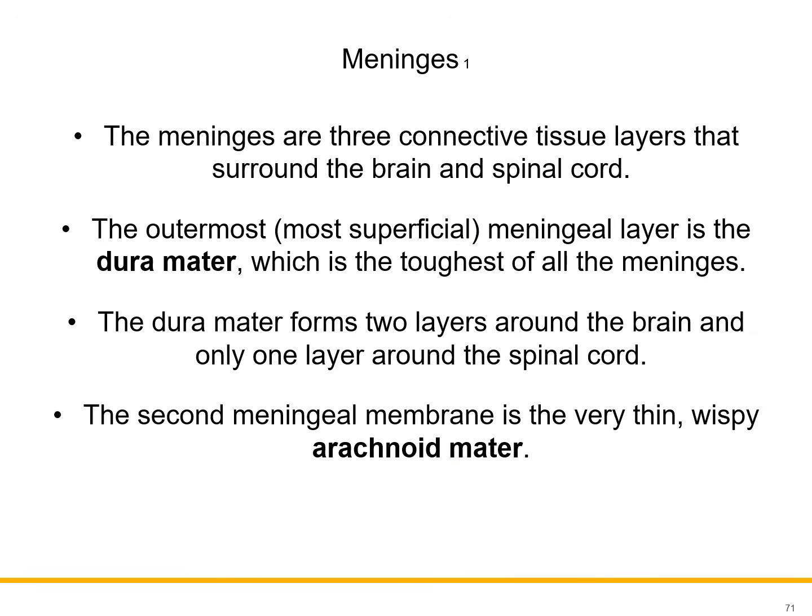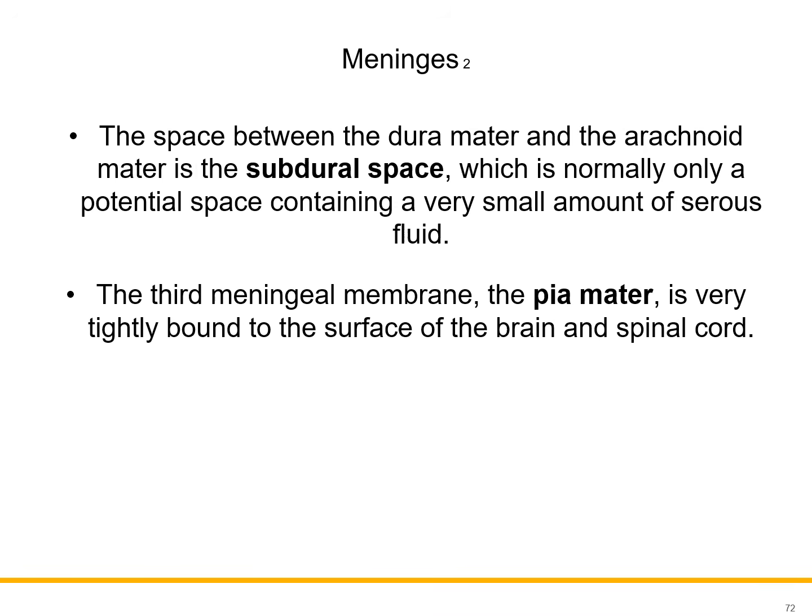Let's now talk about the coverings of the brain and spinal cord, called the meninges. The outermost is the dura mater, and since siya rin po yung nasa pinakalabas, siya yung first physical line of defense of the brain and spinal cord, this would also be the toughest layer. The second layer is the arachnoid matter. The space between the dura and arachnoid is called the subdural space. So literally, this is a space under the dura mater.